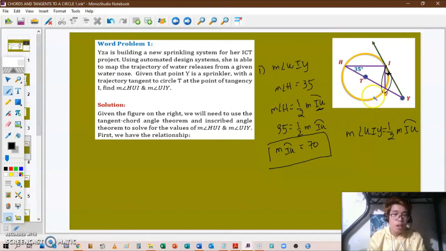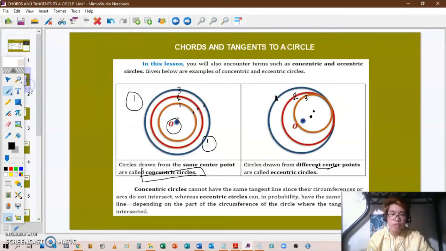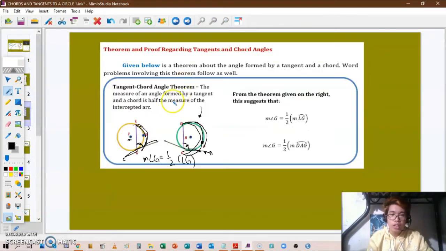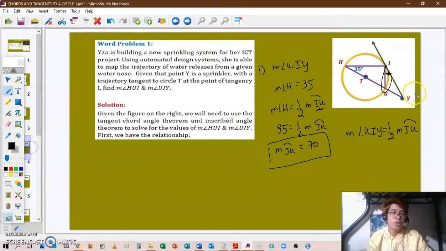Let's go back to that theorem. The tangent chord theorem: the measure of an angle formed by a tangent and a chord is half the measure of its intercepted arc. So this is a tangent and this is a chord, so this angle right here must be 1/2 of its intercepted arc, which is IU. So the measure of angle UIY is going to be equal to the measure of angle